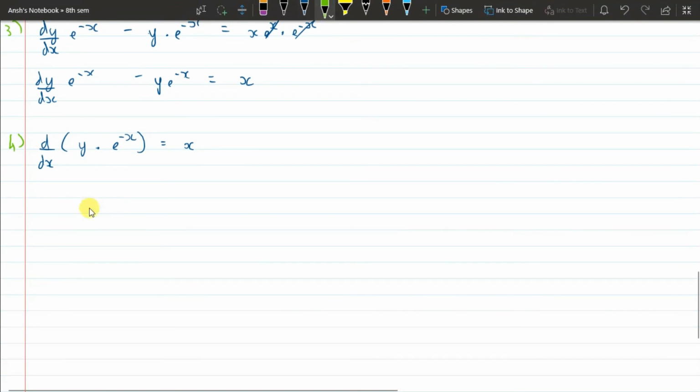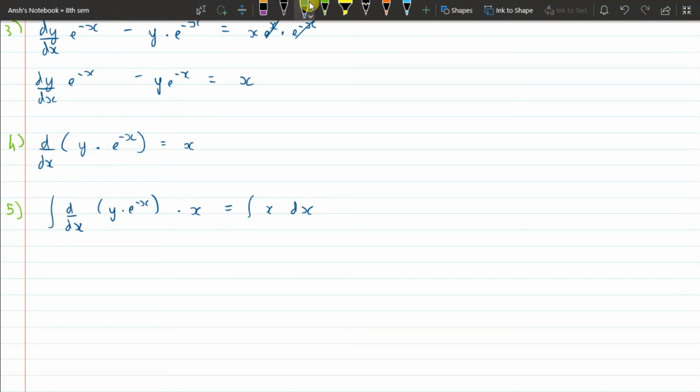So once we rewrite the left hand side as so, and the right hand side just as it is, in the fifth step, we integrate both sides. So on integrating both sides, d over dx of y e raised to minus x into dx is equal to x dx. So on the left hand side, the integral and the derivative just cancel out, and we are left with just y e raised to minus x. And then on the right hand side, you integrate, you get x square over 2 plus c, that is a constant of integration.